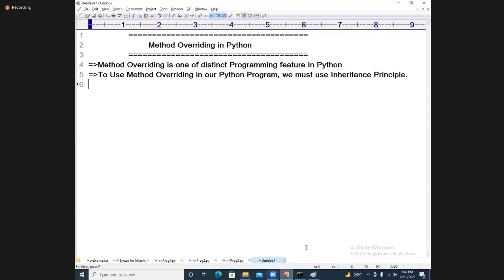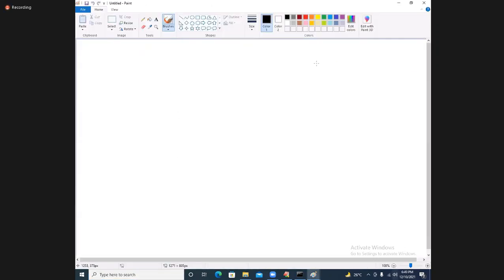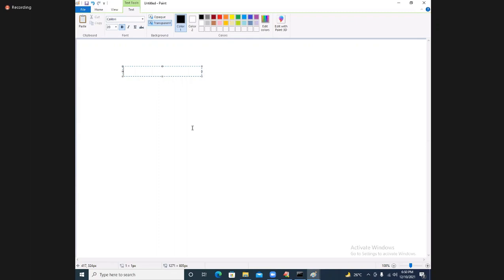Let me ask one small question here. Dear students, there is a syntax for a function: def function name of list of formal params, of course if any.